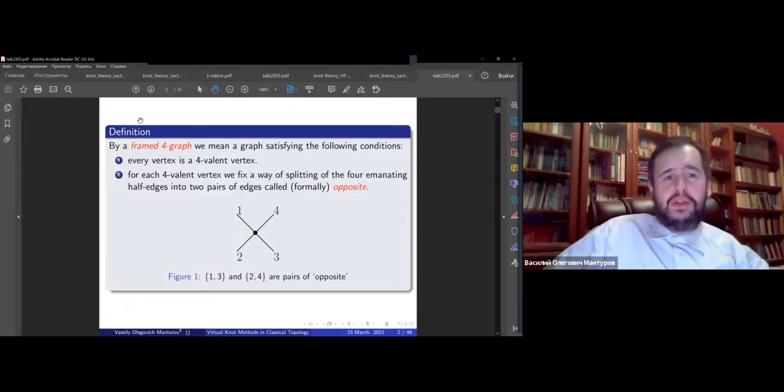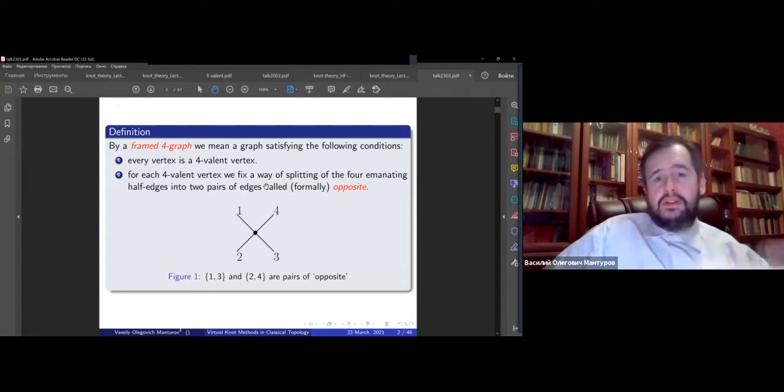So actually we deal with frame graphs. So these are graphs which appear as projections of classical knots. However, I don't want to use the whole structure. Actually, preliminarily, I don't want to make any distinction between over-under, and neither am I going to make a distinction between right and left neighbors. The only thing I would like to keep track of is the opposite edge relation. So I want to deal with those.